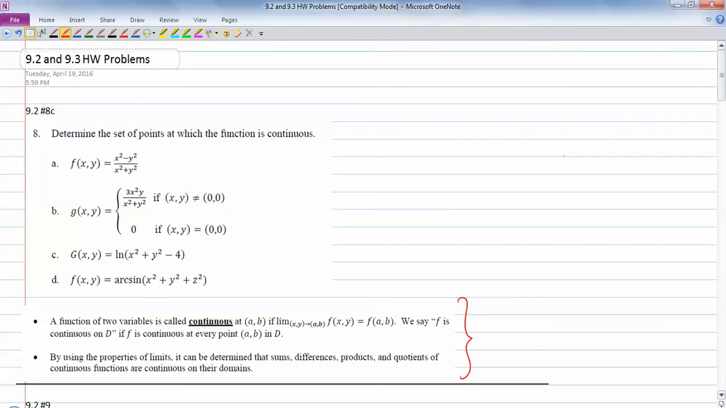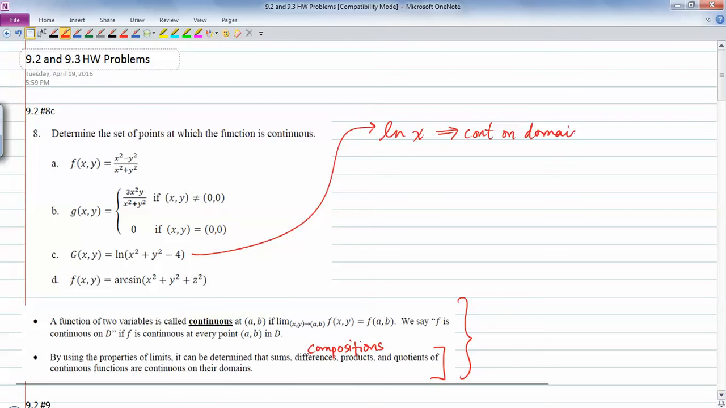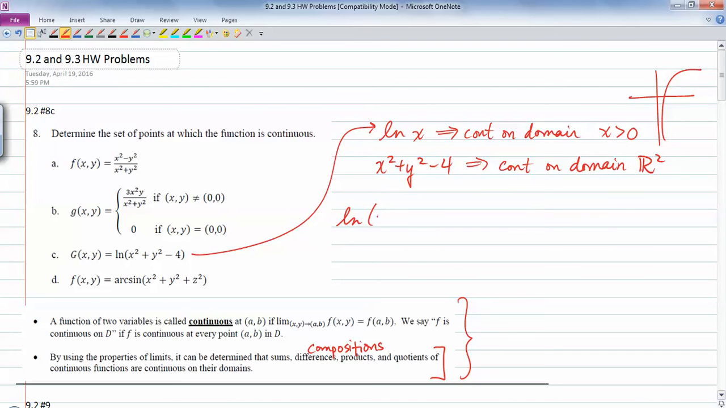What we do instead is we use the second property, which says sums, differences, products, and quotients of continuous functions, actually also compositions of continuous functions, are also continuous on their domains. So if we break up ln of x squared plus y squared minus 4 and just look at ln of x, that's continuous on its domain, which is x is positive, right? Because remember, ln looks like this. And then if we look at the inside function, well, that's just a polynomial, so it's continuous on its domain, and its domain is R2. And so if we combine them, then the new function is continuous on its domain,